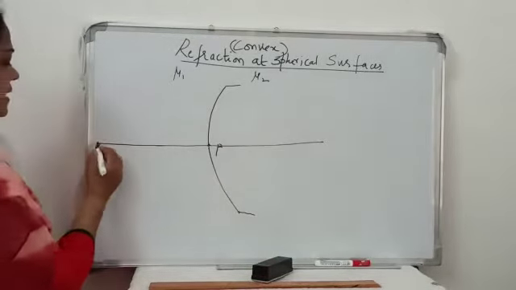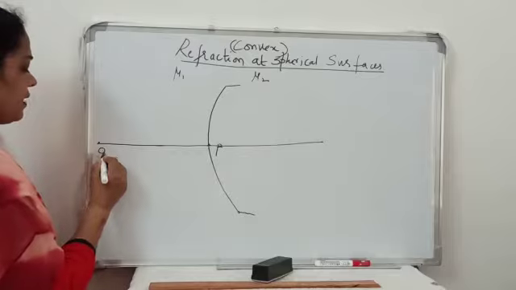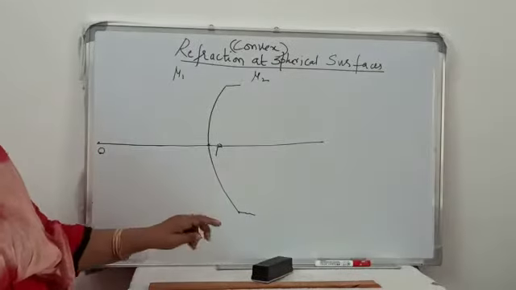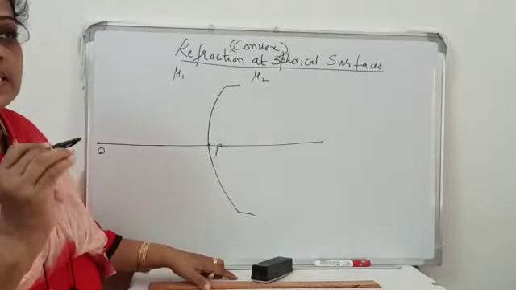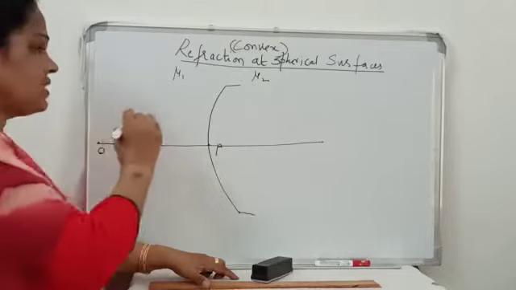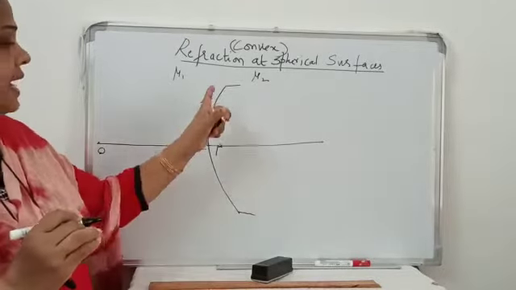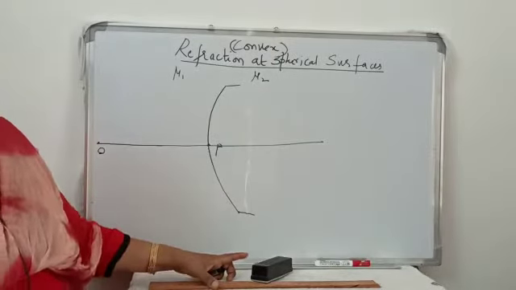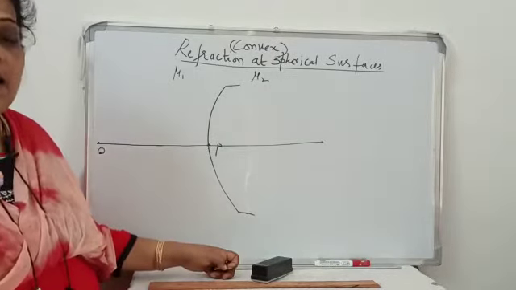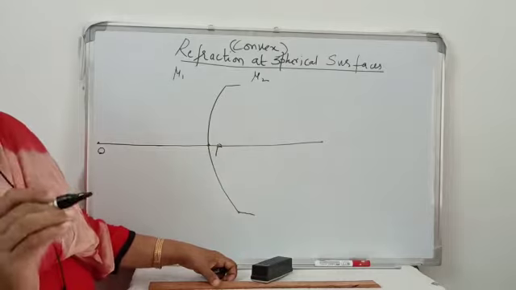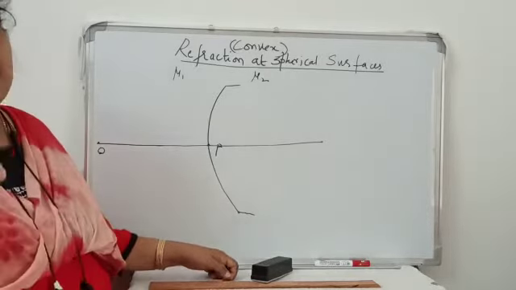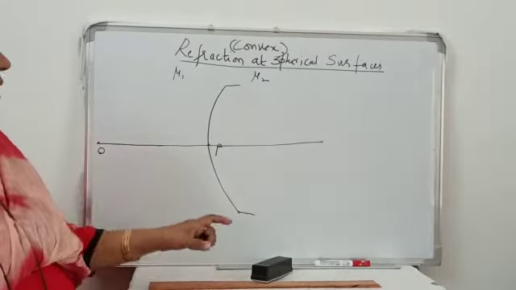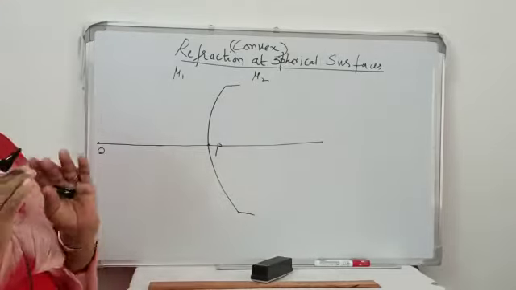Here we consider a point object over here. So the assumptions made here are: the object under consideration is always a point object. The aperture of the spherical refracting surface is very small. The angles i and r are very small, so that sin i is approximated to i and sin r is approximated to r. All these are the assumptions made here.